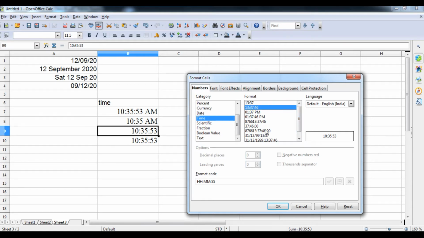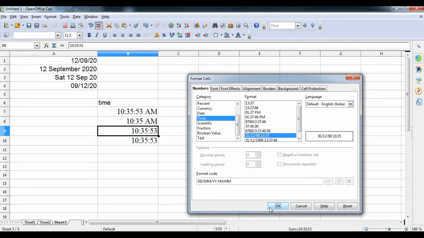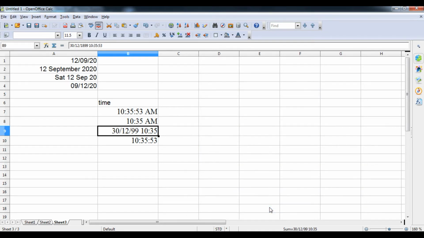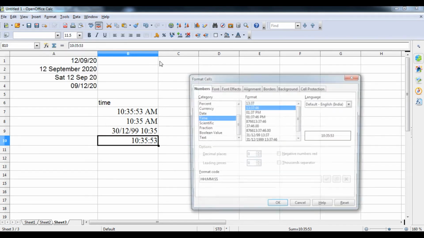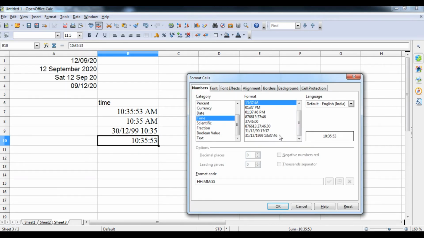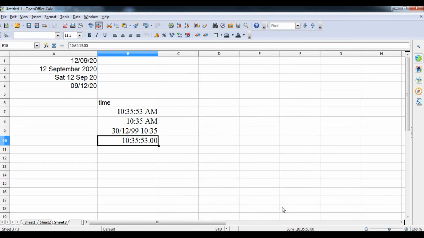Which look like this. Press OK. So you can see the time started from this particular year, 1999. So students, we have learned how to format the time. Now the next thing regarding time is the days. How many number of days to sell, and after that you have to go to the time format. So you can see how many hours, so this will be the particular hours.